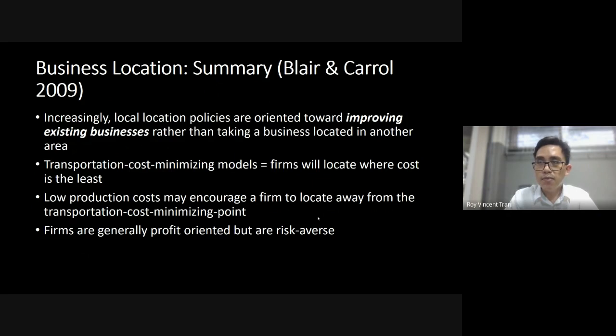So maybe a lot of you mentioned before in this class, you want more commercial areas. You want to attract more businesses and take over the agricultural land and convert it to more commercial uses. Maybe the correct approach would be to improve your agricultural areas. But that really depends on your local community. And what is your experience with your local agriculture? For me, based on my readings and the way we're taught in Sydney,